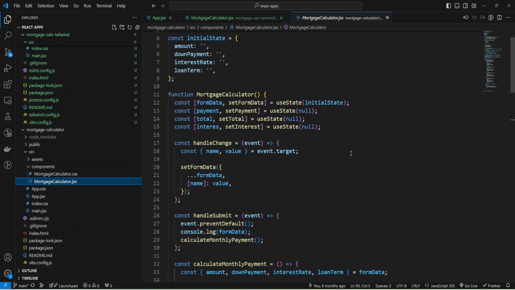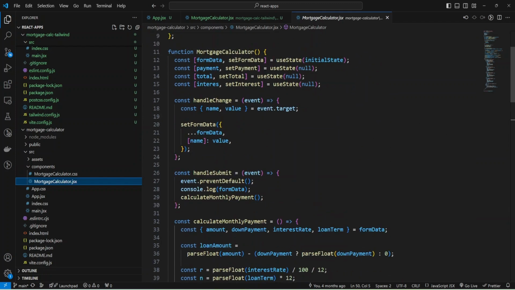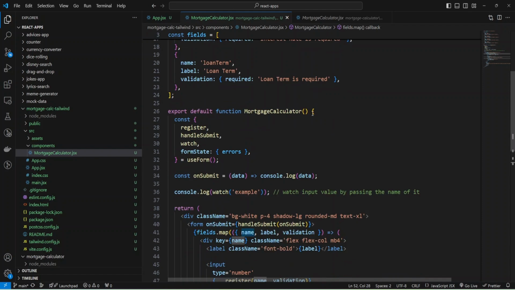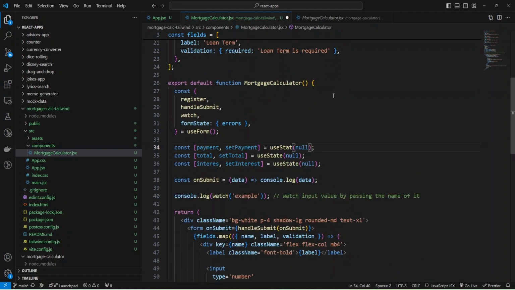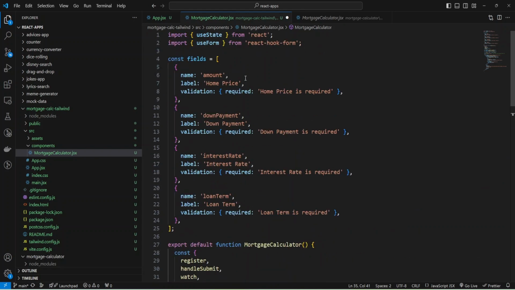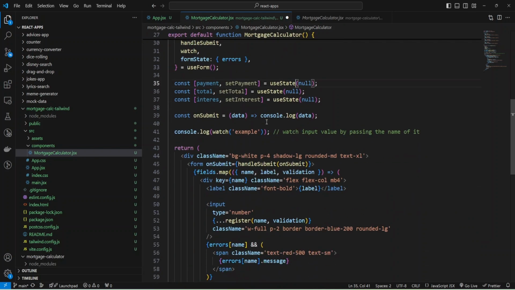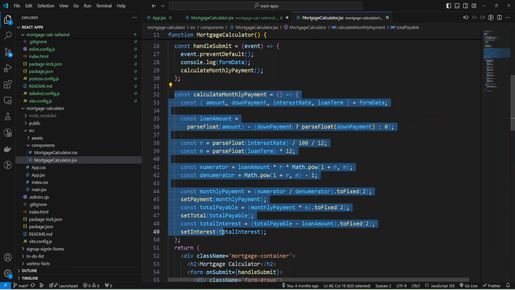I'll just use my code, and you can watch the video from the card or from the description, and I'll copy paste the code. I need some state variables, and I'll add import useState, and we have imported useState from React. Also I need a function to calculate monthly payment.